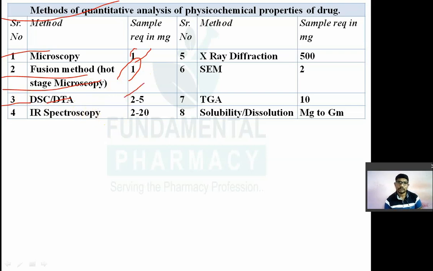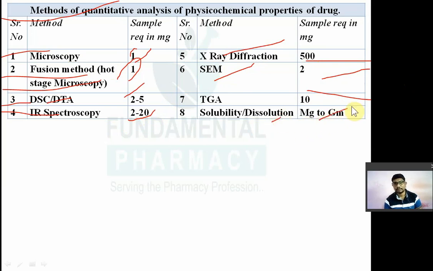Then in IR spectroscopy, it will give you an idea about the number of important functional groups. So the sample required is 2 to 20 milligram. Then X-ray diffraction will give you an idea about the crystal shape. So 500 milligram of sample is required for X-ray. Scanning electron microscopy: whatever you can observe by microscopy, you can observe with more preciseness by scanning electron microscopy. 2 mg of sample is required. Thermogravimetric analysis, again 10 milligram of sample is required. Solubility and dissolution analysis, sample from milligram to